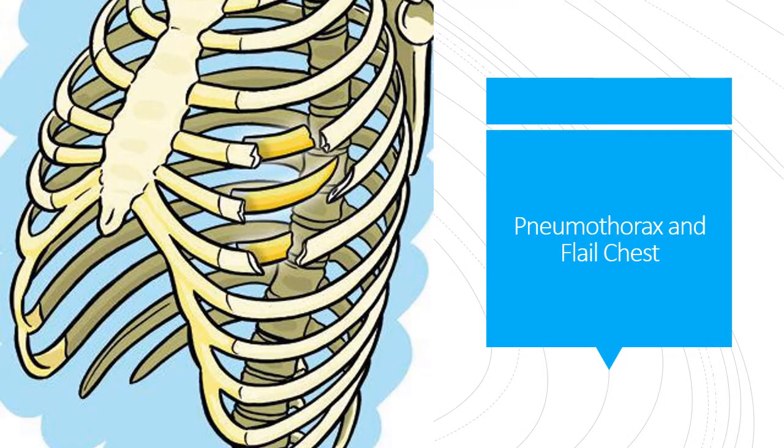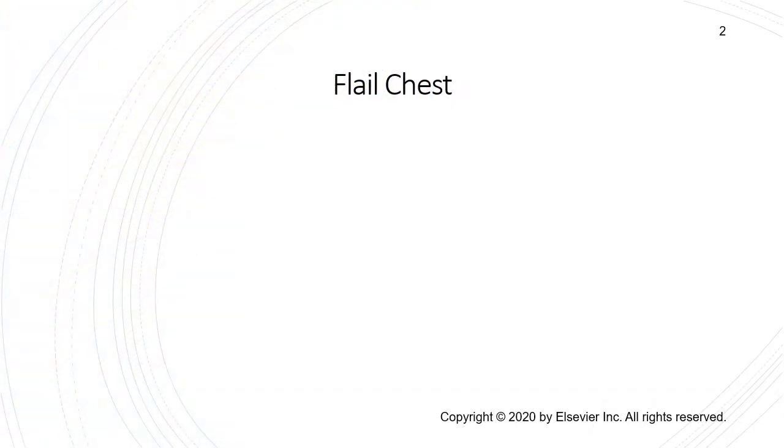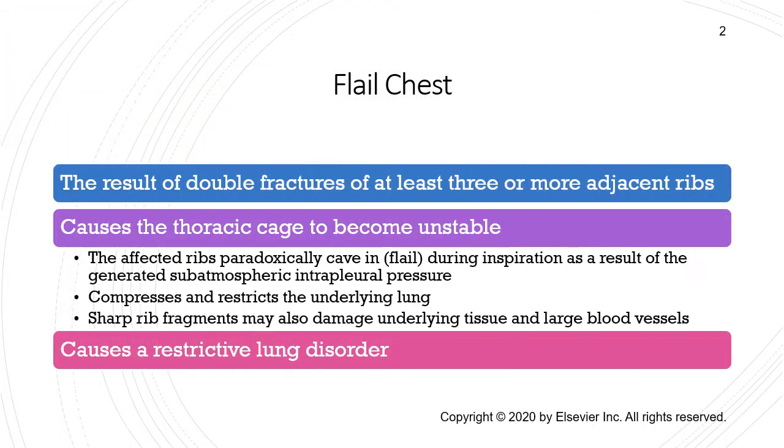Today's video will go over chest and pleural trauma, which includes pneumothorax and flail chest. Flail chest. Flail chest wall motion is the result of double fractures of at least 3 or more adjacent ribs, which causes